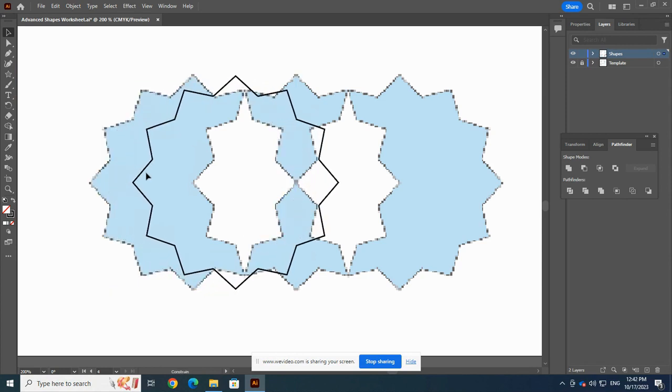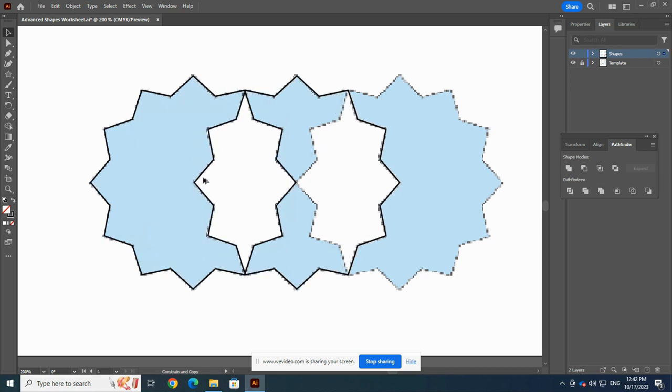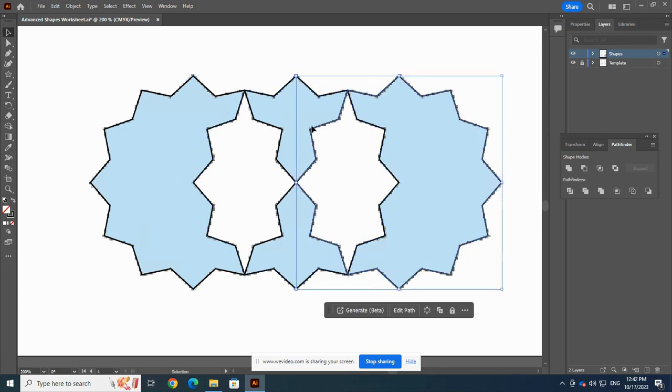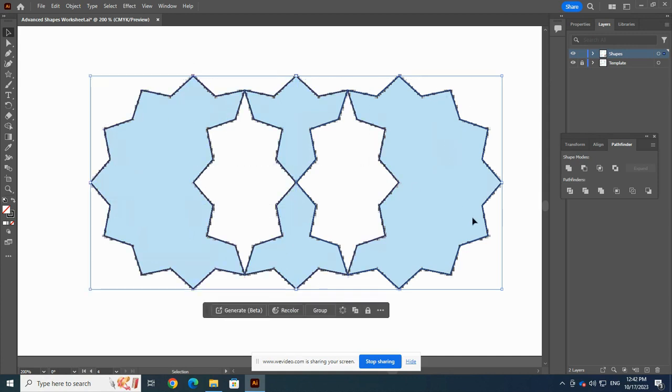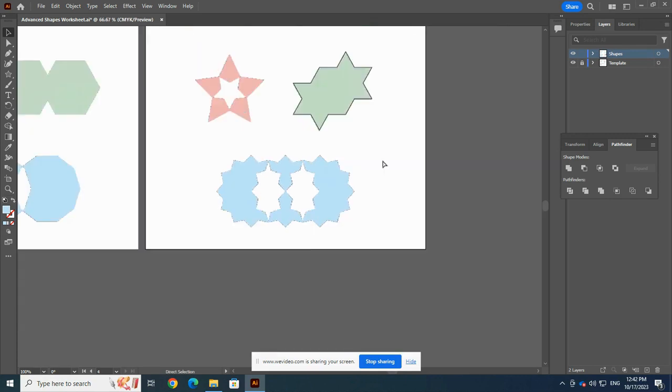I'm going to hold down Shift to get it to go in a straight line and Alt to copy. And once it's in the right spot, I'm going to put it there and then hit Control D to duplicate that action. So now I have all three of my stars. And again, I'm going to use my Exclude tool to knock out those parts where it's overlapping and give it the proper fill color. So now if I zoom out,